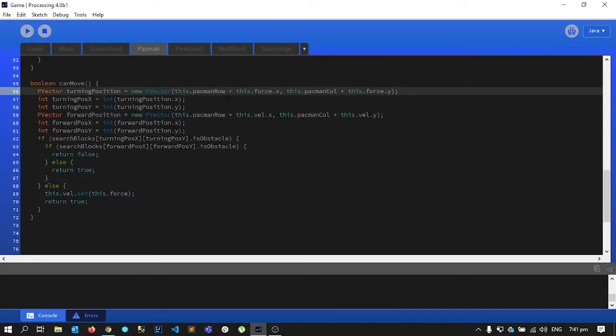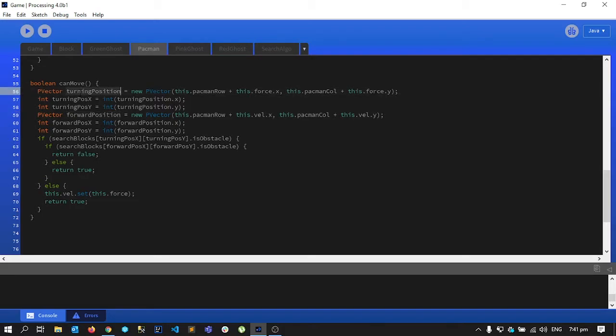And if I haven't pressed anything, this will basically be 0, and then this turning position will be actually the same position that Pac-Man is at, and the forward position will always be the velocity added, so it looks one position ahead in future, and determines whether or not we can move there. And if this position is an obstacle in the map, then we cannot move there. But if it is not an obstacle, then we can move there.